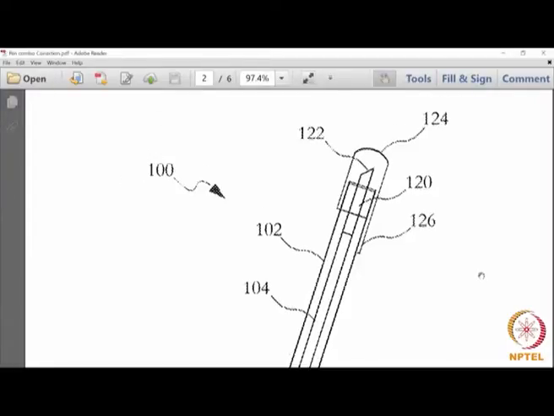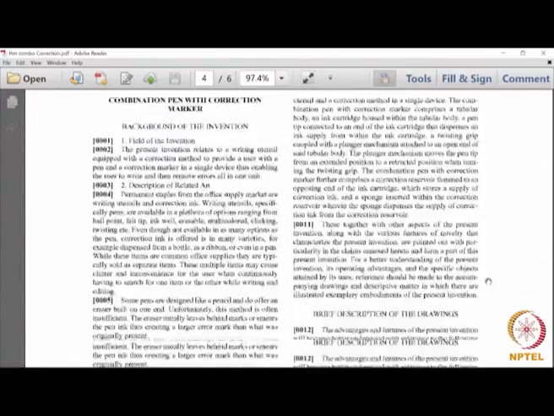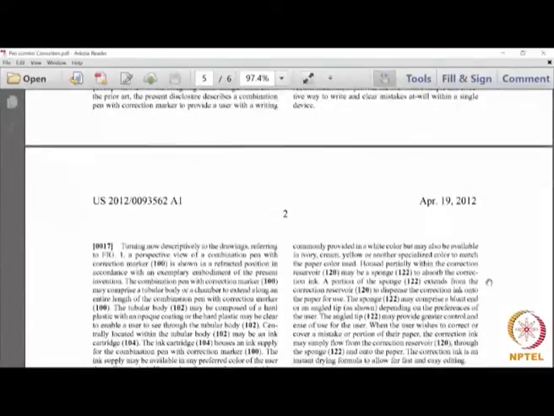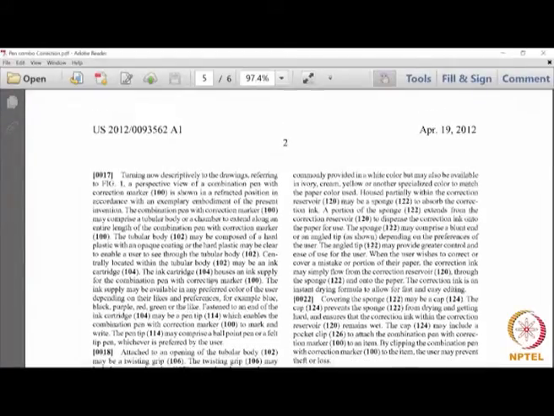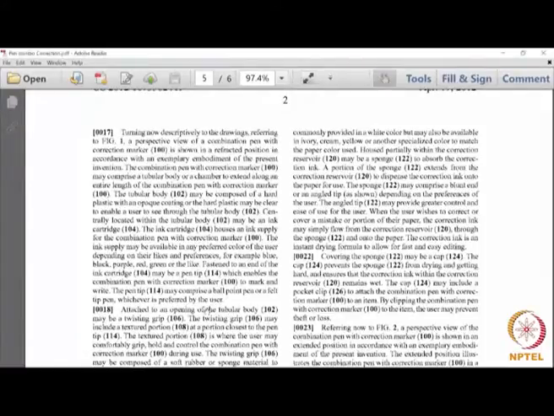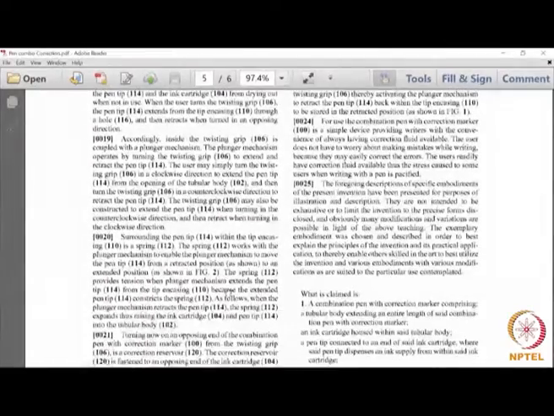So, because these numbers are there, when you have a detailed description of the drawings, you will actually cross refer those numbers, what we just saw here. So, these are all the cross references. Tubular body is 102, wherever tubular body is repeated, you repeat the number. Ink cartridge is 104, pen tip is 114, and so on. So, when you see these numbers, you can look back into the drawing and understand which part of the marked drawing is the part that is described here. So, tubular body is 102, so on and so forth, you will understand that.